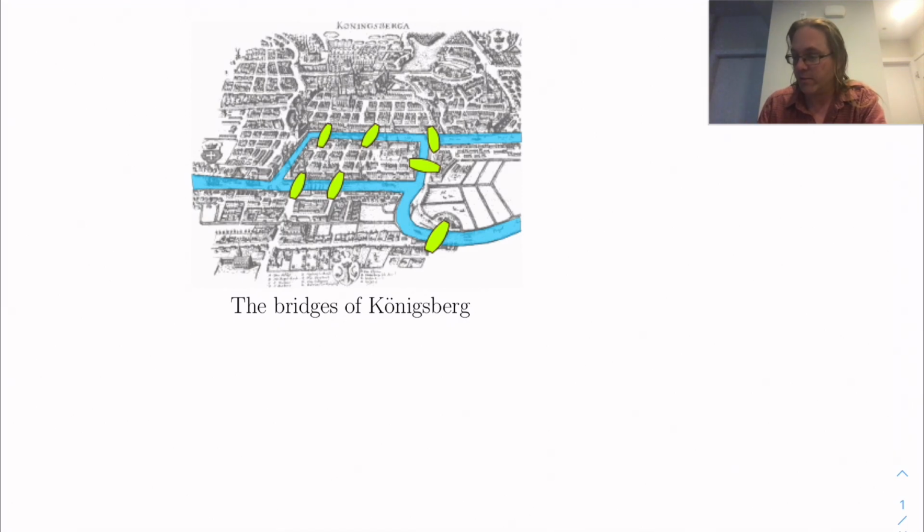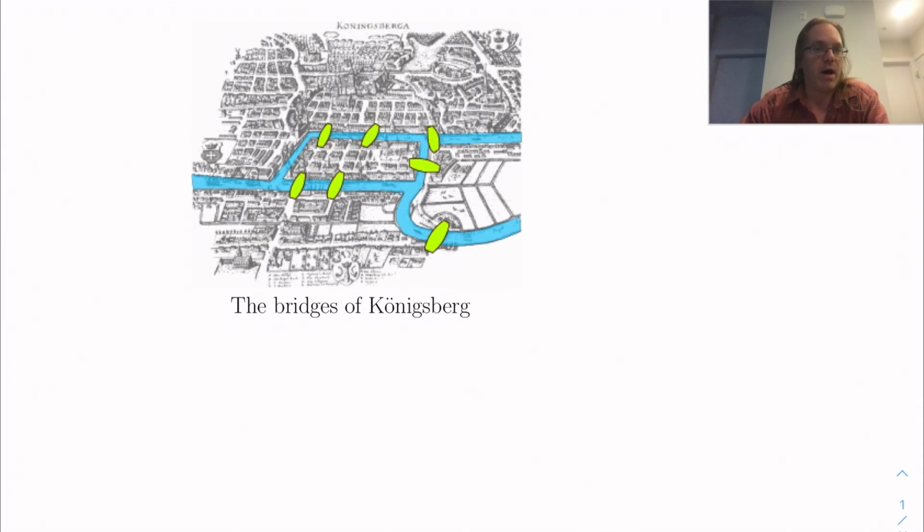So there's a river that runs through it here, and it was asked, is it possible to take a walk that would permit you to travel across each bridge of Königsberg exactly once? So you can start wherever you want, you can end wherever you want, but you have to take a walk and traverse each bridge exactly once. And no using helicopters or anything like this, right? Of course, they didn't have helicopters, but anyway, so we just want to walk along and traverse each bridge exactly once, and no one could see how to do this, but